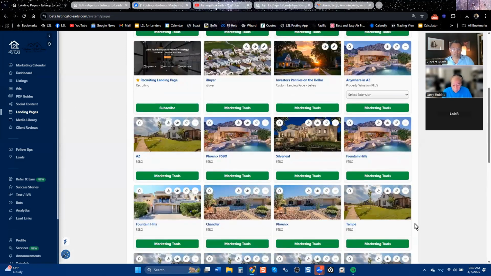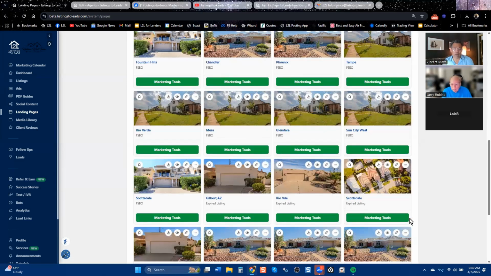So let's see, you got an expired page. Here's FSBO. Yeah, but here's the thing, Vince, when I'm downloading, all these have names. Now, when I get the download, they could be Scottsdale, Rio Verde, Mesa. Sure. Hold on. So here's expired Scottsdale, right? Correct. I'm going to click on here